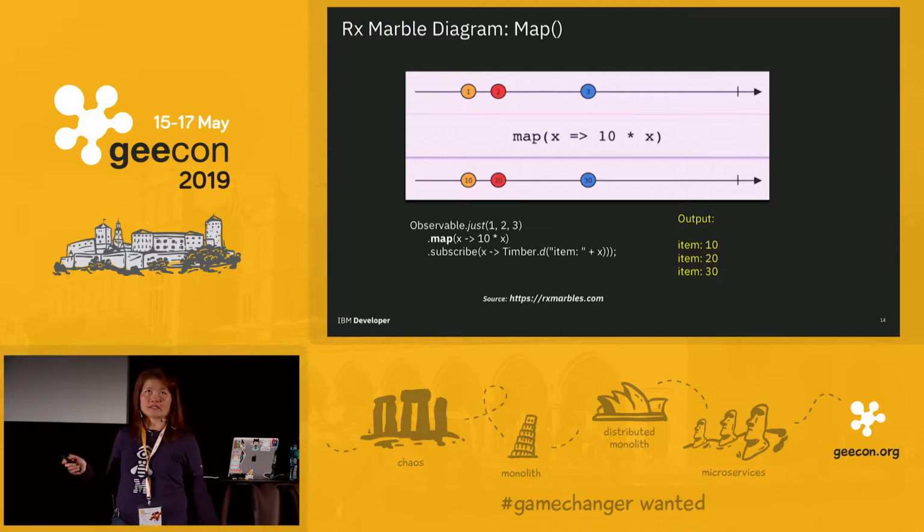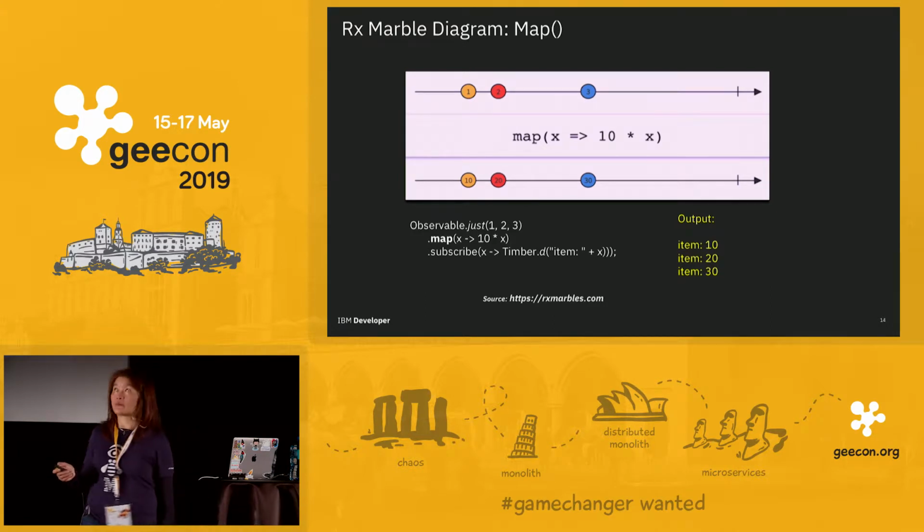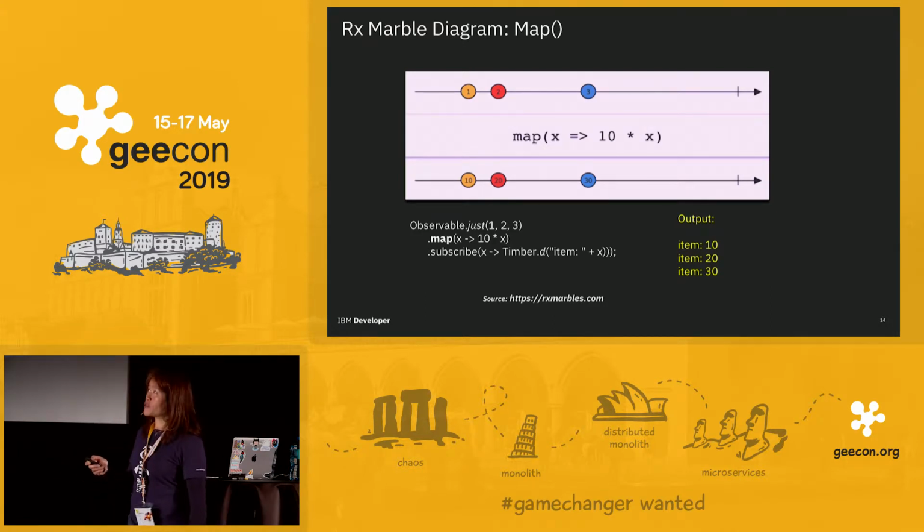So I'm borrowing from RxJava this operator method, map. Map essentially does some data transformation, right? It's functional style programming. Over here, using this timeline, we have events that actually have data in them: 1, 2, and 3. Using dot map, we do some transformation, and in this case we specify the input multiplied by 10. This is the map transformer. After transforming, 1 will become 10, and then 20, and 30 in this case.